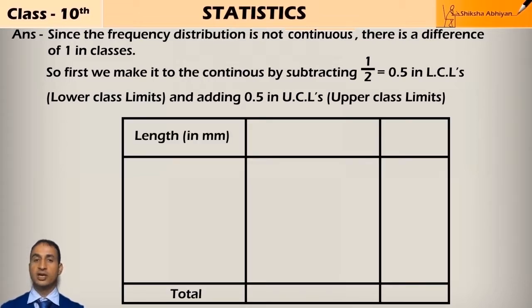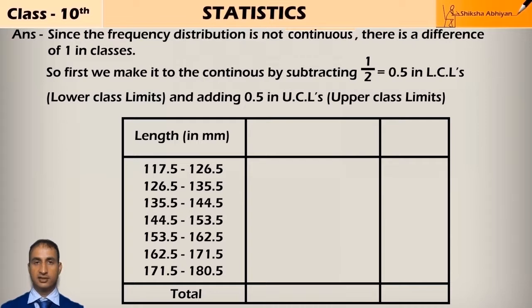So the new class is 117.5 to 126.5, 126.5 to 135.5, and so on for the rest of the classes. Now the frequencies,